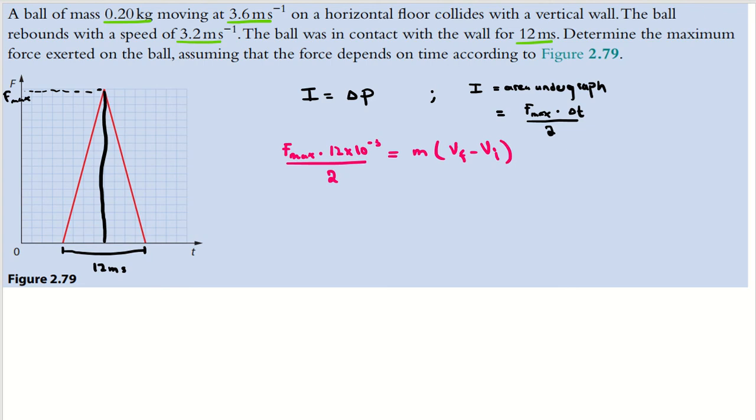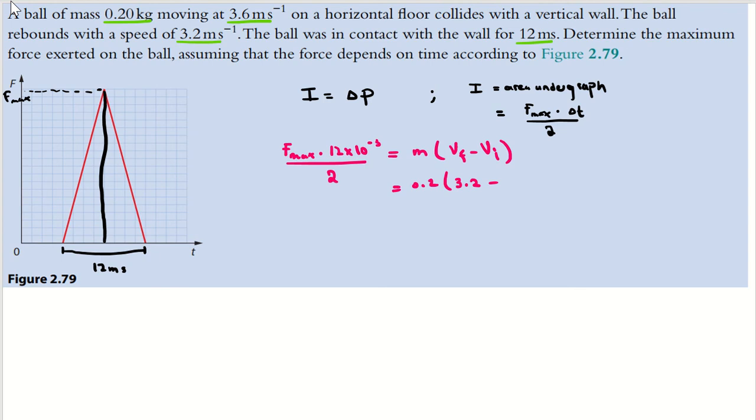So I'm going to consider that V final, which is this one, is the positive direction of motion. And by the way, it doesn't matter because here we're taking the magnitude, okay? So in this case, the mass is equal to 0.2. No need to convert anything here. 3.2